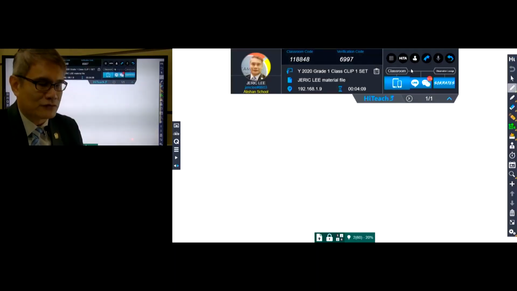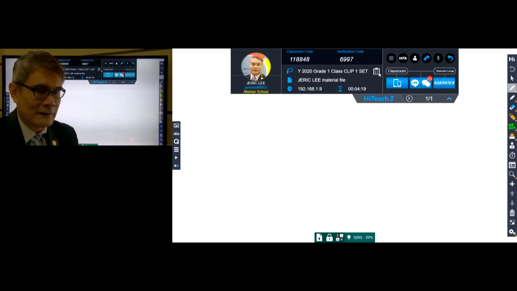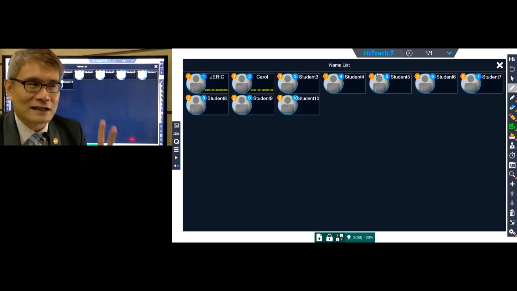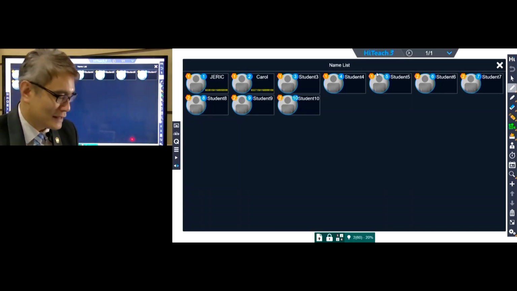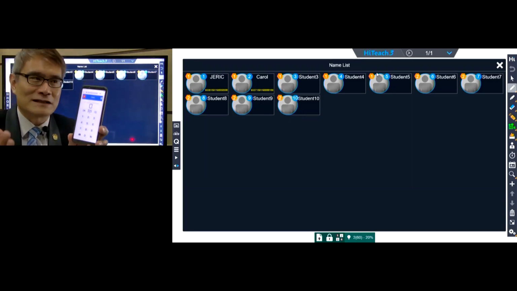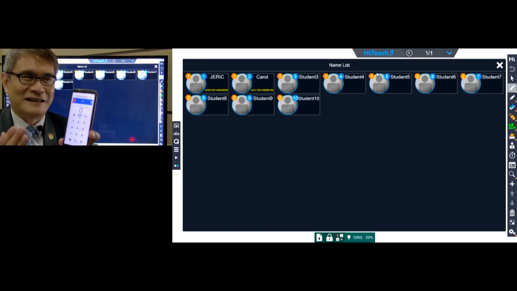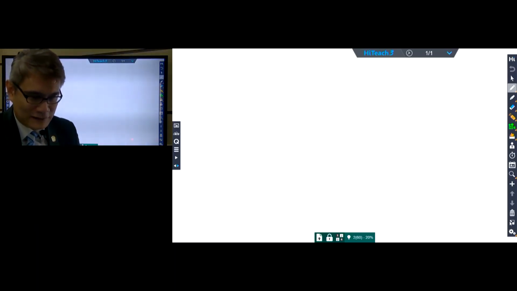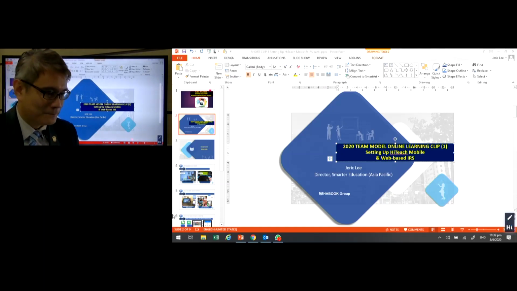How do we confirm that both students have already entered the class? You do see in this classroom setup, there is a small clipboard right at the center here. Click on the clipboard, and you will be able to see the first two students, Jeric and Carol. Both of these students have already registered and they are now able to use their IRS in your live interactive lesson. So, ladies and gentlemen, this is the end of my first video clip for today,